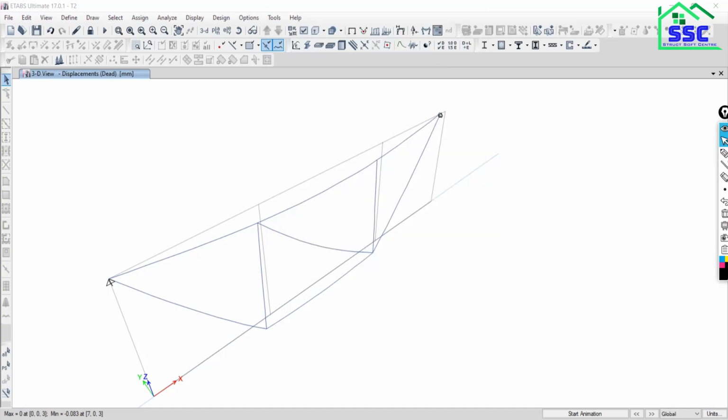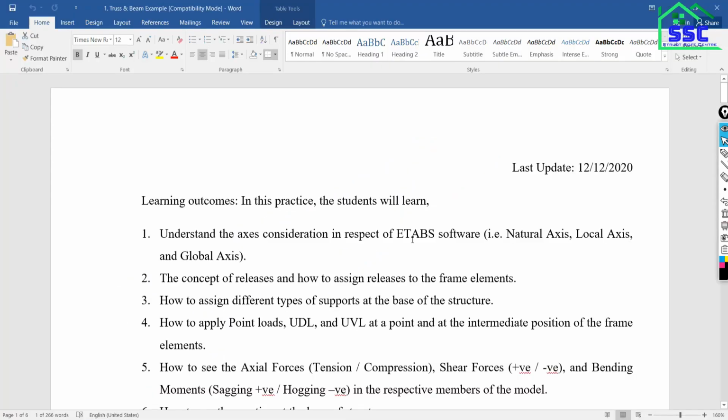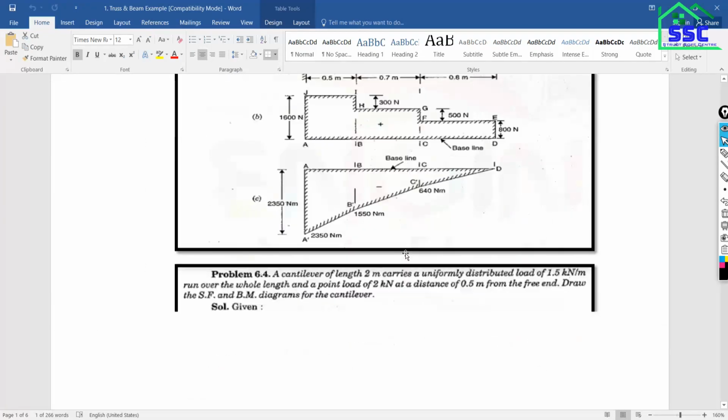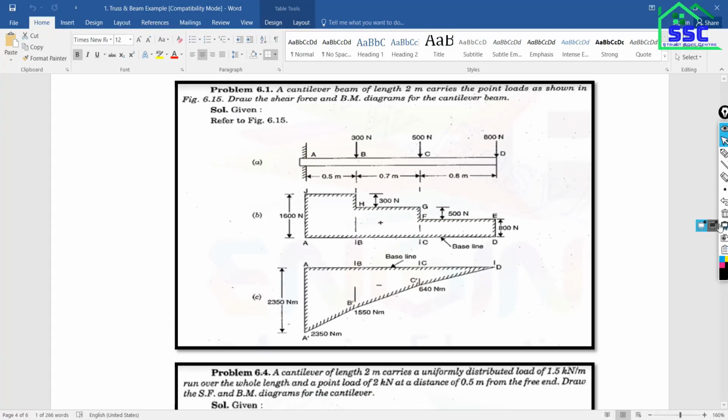Just close it. And right now we have to model this beam.